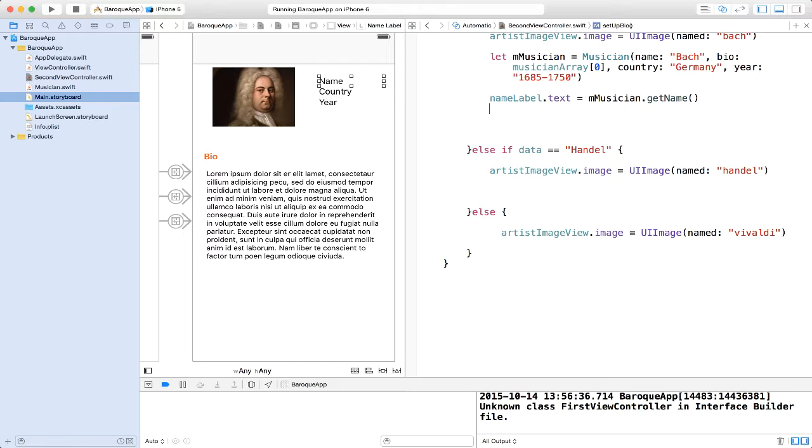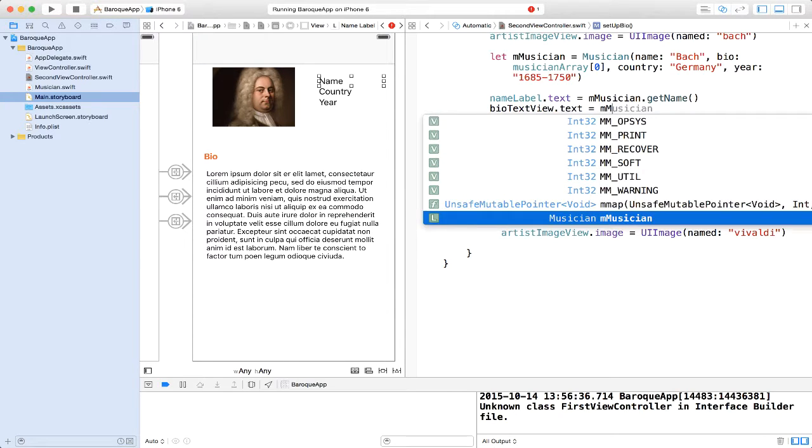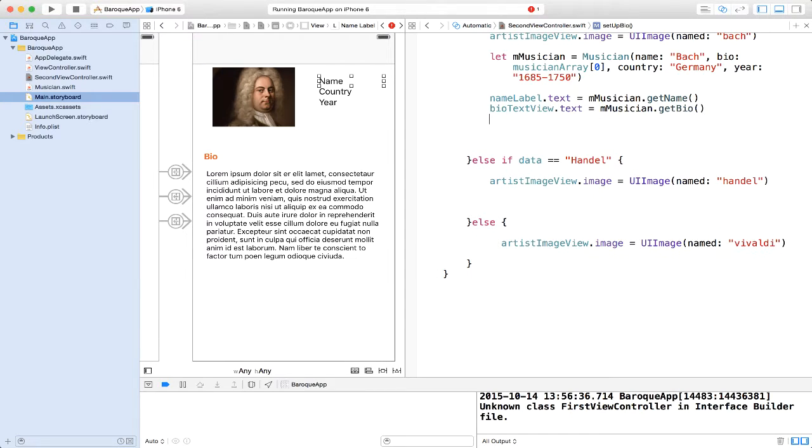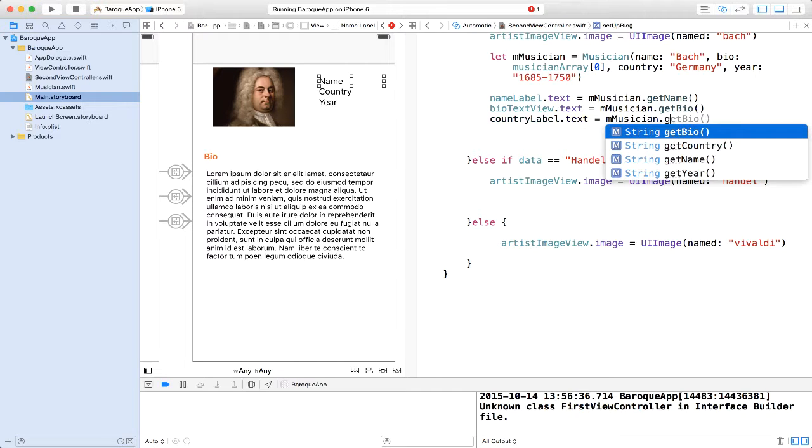Good. Okay, so next we go ahead and say bioText.text. We're going to say it's equal to musician dot getBio. Say countryLabel.text is equal to musician dot getCountry.